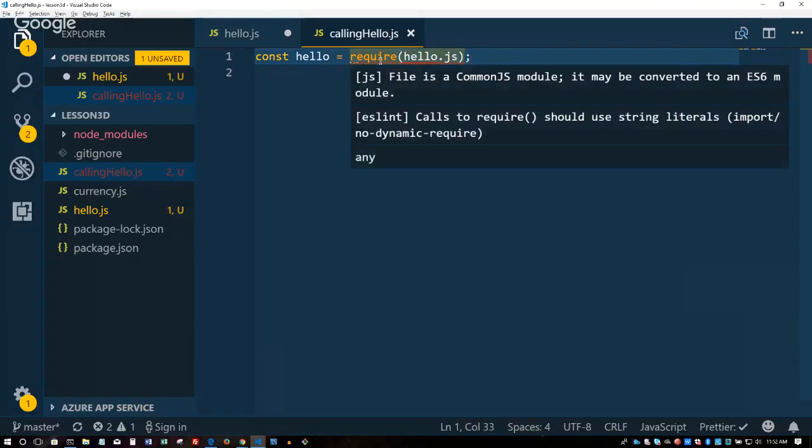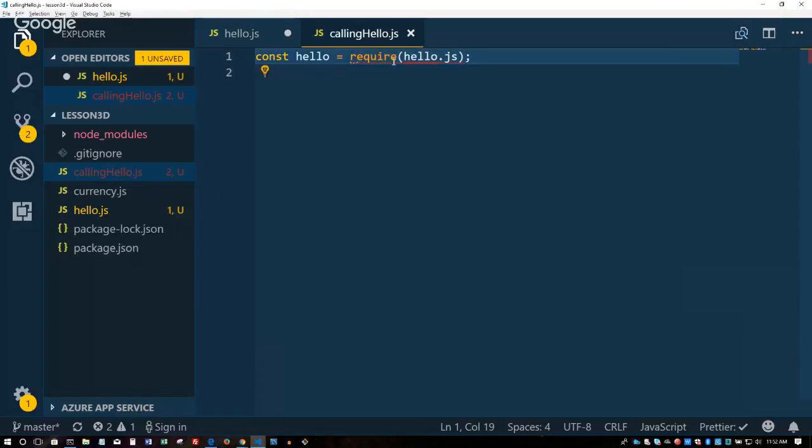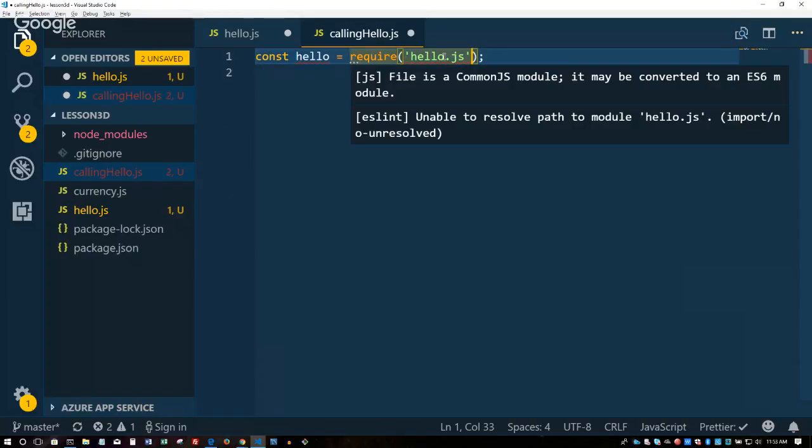Notice how my right squiggly line is saying, hey, I can't... what is it saying here? It maybe converts to... oh, I thought it would say that it can't find it. This does not work. Because we created our own module, you have to actually give it... oh, sorry. There it is. That's the error message I was looking for. I forgot the quotes. Here, it's saying unable to resolve path